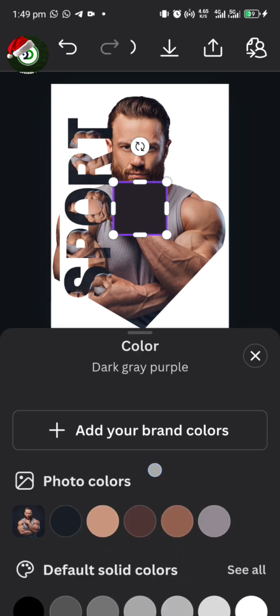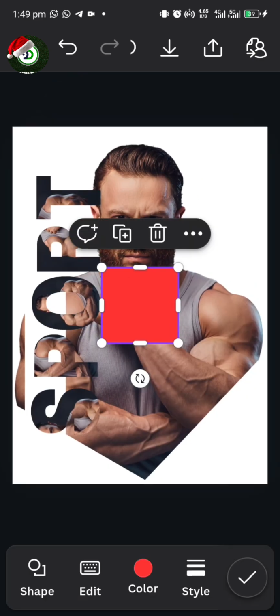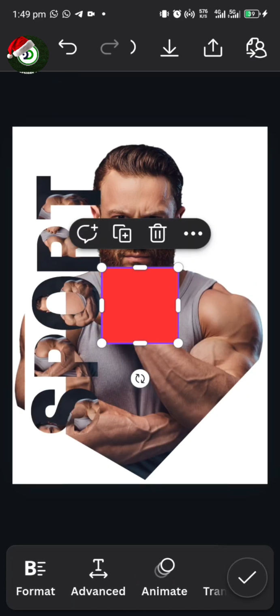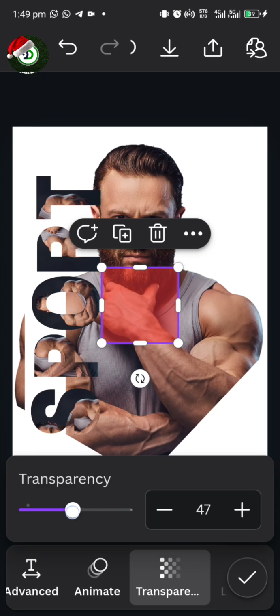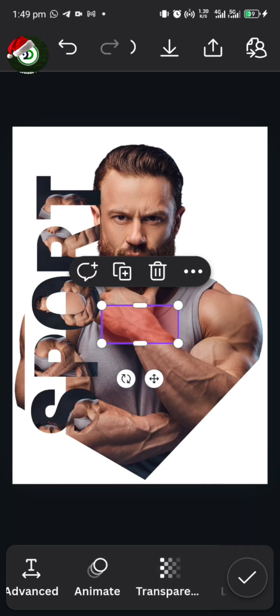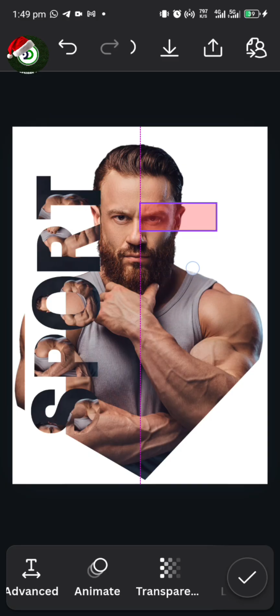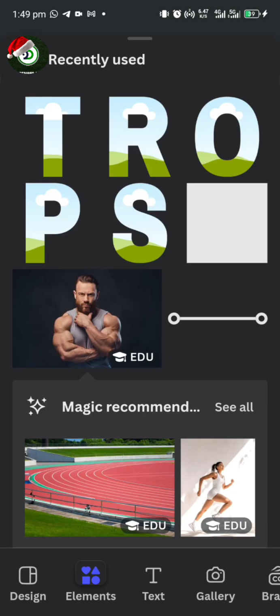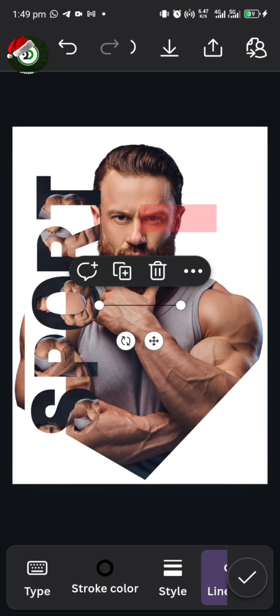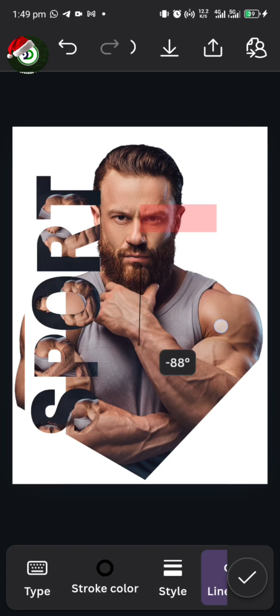I want to turn that to red color. All right, and then go to transparency, reduce the transparency of that one. After I've done that, just work on the shape, bring it to the first eye here. All right, something like that, and then go back there and pick up a line, okay, click on line and rotate it to 90 degrees,